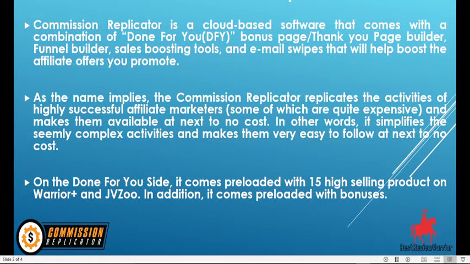So what is Commission Replicator? Commission Replicator is a cloud-based software that comes with a combination of done-for-you bonus page and thank-you page builders, funnel builders, sales boosting tools, and email swipes that will help you boost the sales of the affiliate offers that you promote. As the name implies, Commission Replicator simply replicates the activities of highly successful affiliate marketers, some of which are expensive, and makes them available to you at next to no cost. In other words, it simplifies the complex activities of such affiliate marketers and helps you carry them out to make